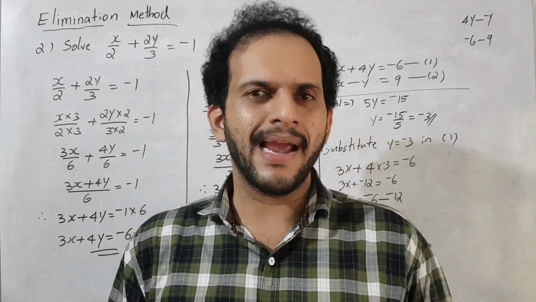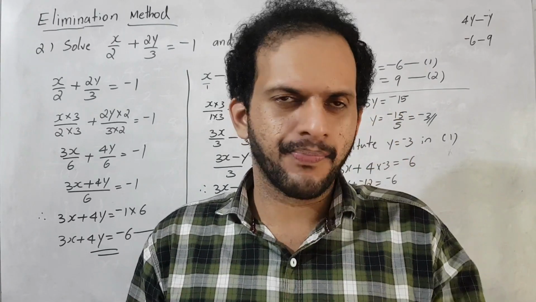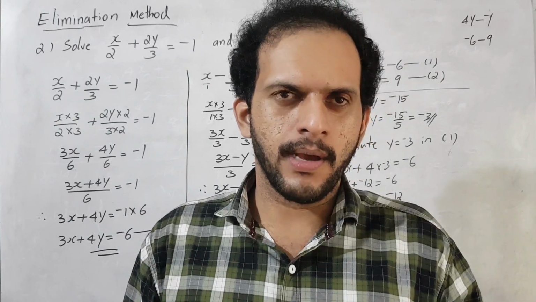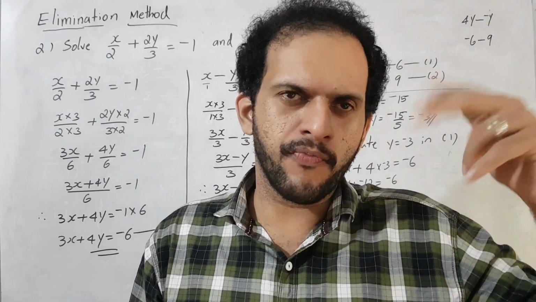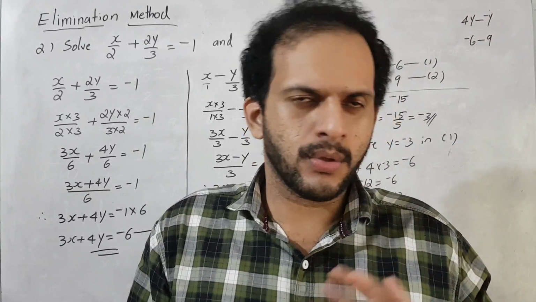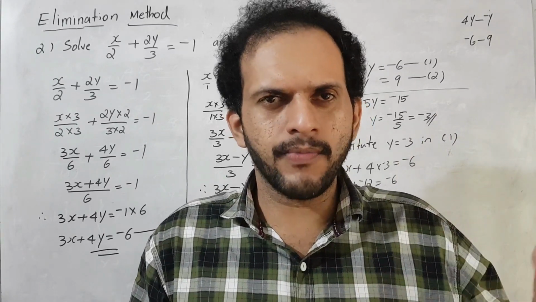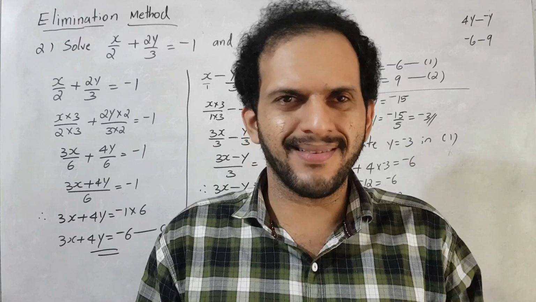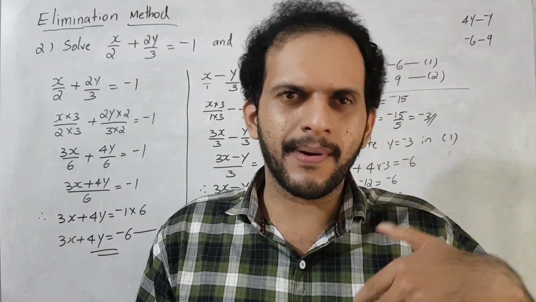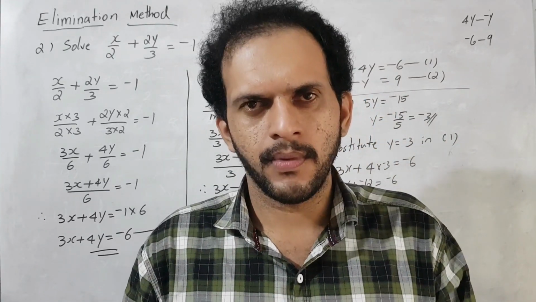I think you got the idea of how to apply the elimination method. What is the first idea? To decide to eliminate any one of the variables. Okay, after that, check the coefficients. At that time we do not consider the sign, only the number. If equal, no problem. Otherwise we need to equalize. After equalizing, we check the sign of the coefficients. If their signs are the same, what do we do? We subtract the equations. Otherwise we add the equations. So I think you got